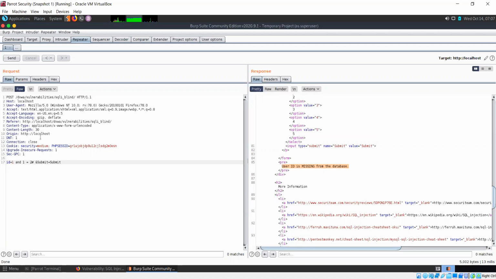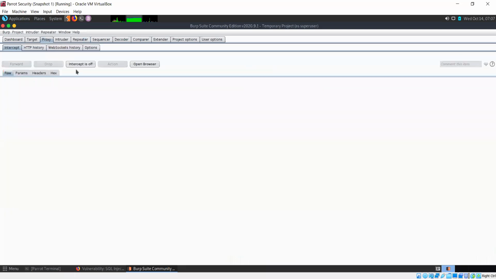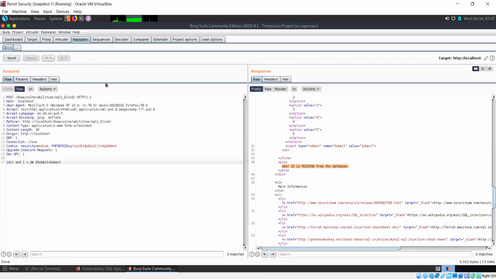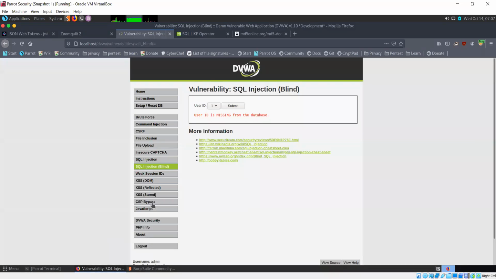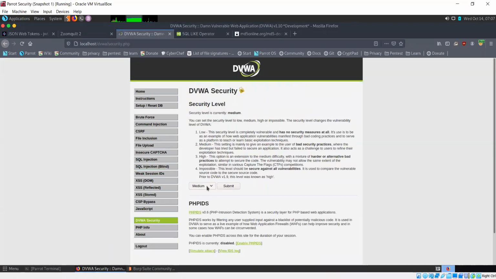So in repeater, you have the advantage that you don't have to repeatedly capture an intercept request. You can simply use repeater to send requests, analyze response, and make any kind of changes and just keep editing requests like that. So repeater is also a very nice tool in Burp Suite, and especially for these SQL injection kind of attacks, it's very good. So this was medium level, and again the same kind of thing that we did earlier, we'll be able to do that here just through Burp Suite. DVWA security level 5.